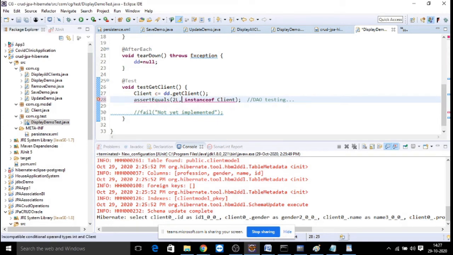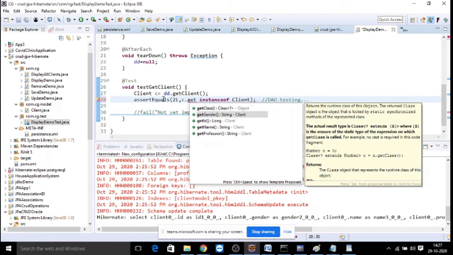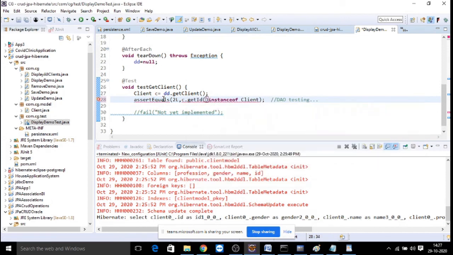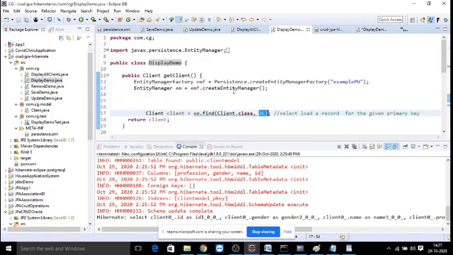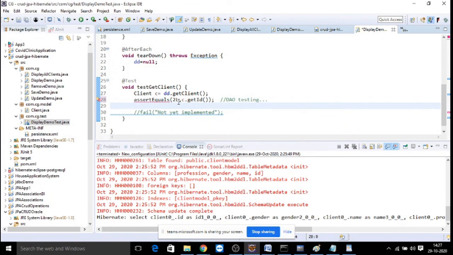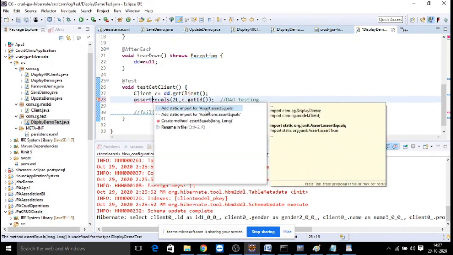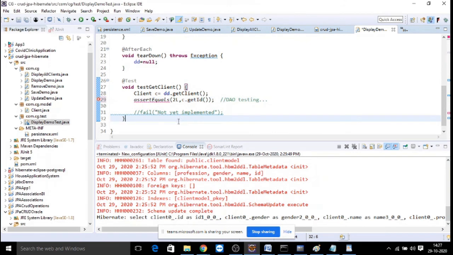Expected value is 2L, and C dot get ID also should be 2, because you are loading the second object, right? You need to check with assert equals of C dot get ID is 2 or not. If both are the same, your test case is passed.